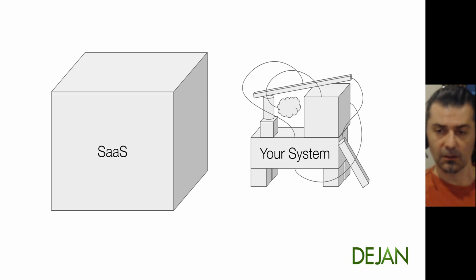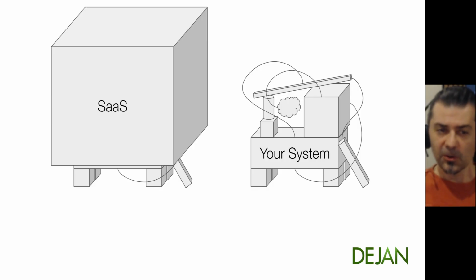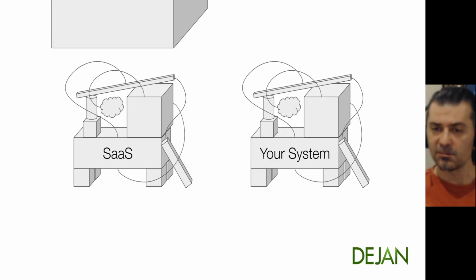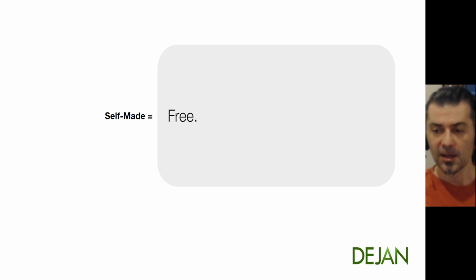And here's how I look at the whole thing. You may have this neat-looking SaaS system, and you may have your clunky little self-made system, vibe-coded, that just barely works. But what we really know is that even behind that SaaS, there's a whole bunch of mess and problems and things that keep getting patched up in the background.